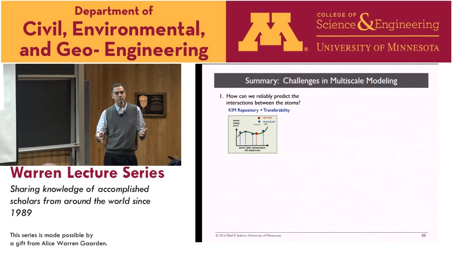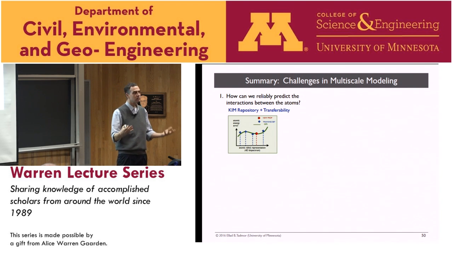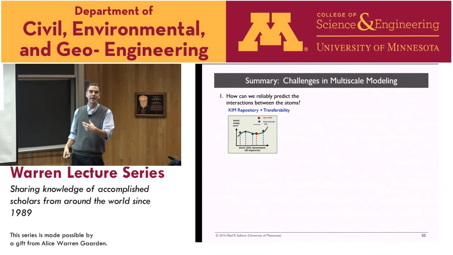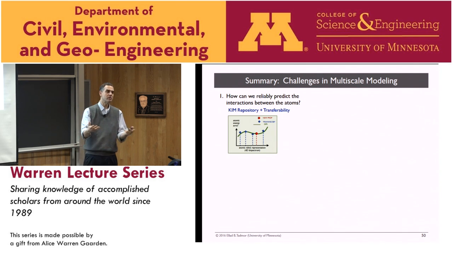Okay, so let me summarize what I've shown you. We talked about the major questions in multiscale modeling that I'm interested in, which I think are key questions in this area. The first one is, since we want to go to large systems, we need approximate, inexpensive models, as inexpensive as possible, to model the atomic interactions. The problem is that once you throw out the quantum mechanics, you're throwing out much of the physics. And so then you have some fitted phenomenological model, and the question is how reliable it is. And let me just say that there's a very big difference between these interatomic potentials and the constitutive relations that I said.